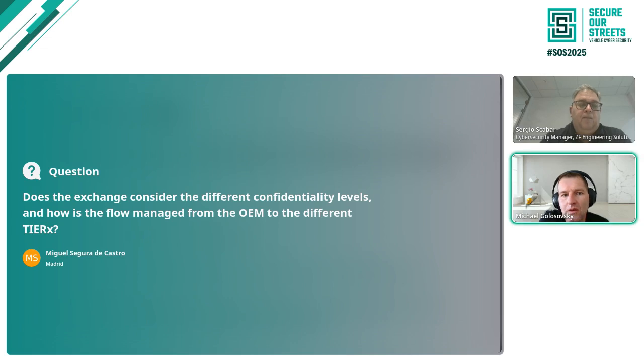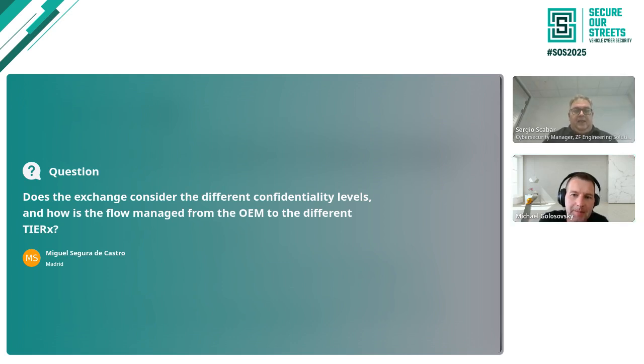Okay, and this is also a question talking about this somehow, but in another flavor: how do you separate the different levels of confidentiality between OEMs and tier ones? The confidentiality levels are not included there.